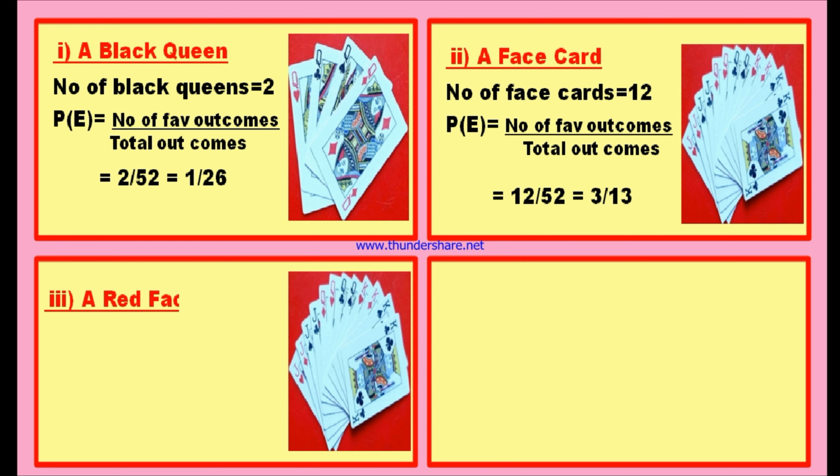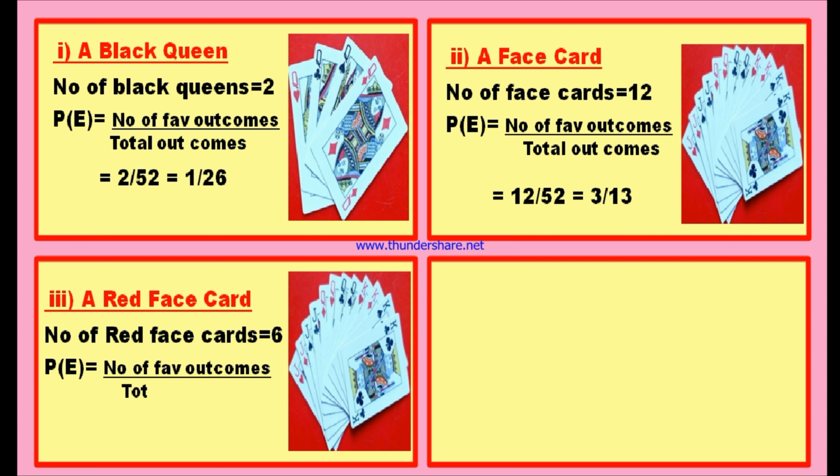And the next bit, we have to find the probability to get a red face card. We know that there are 12 face cards. And out of these 12 face cards, how many cards are in red color, you may check. 2 jacks are in red color, 2 queens are in red color, and 2 kings are in red color. In total, 2 plus 2 plus 2. There are 6 red face cards. The number of red face cards is equal to 6. And the probability of an event is the number of favorable outcomes by the total number of outcomes. In this case, the favorable outcomes is 6. Therefore, the probability is 6 by 52, which is 3 by 26.